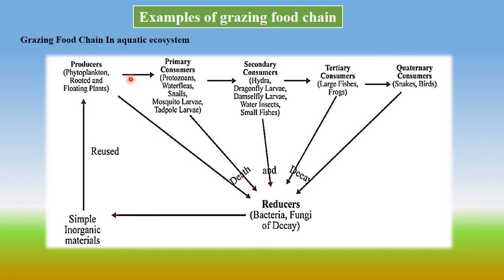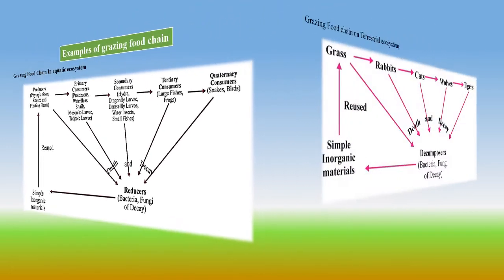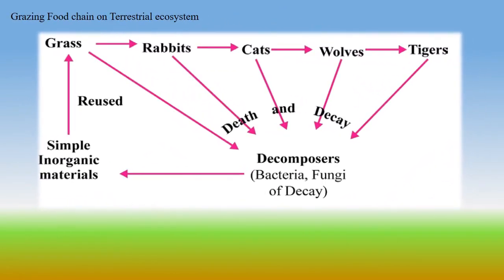In this way, as I have depicted in the previous slides under the food chain, both energy as well as minerals are transferred from one trophic level to another trophic level. Example of the grazing food chain in a terrestrial ecosystem. A typical land ecosystem food chain